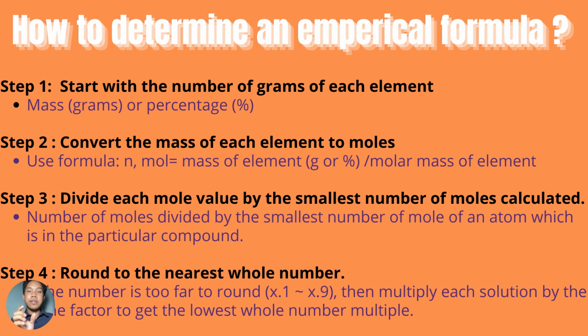You take the atom with the smallest number of moles and you divide it into the other atoms' number of moles, and then you will get the ratio. All right, that ratio you would use to build your empirical formula. Now step 4, round to the nearest whole number. If the number is too far to round, x.1 until x.9, then multiply each solution by a number to get the lowest whole number multiple. Okay,